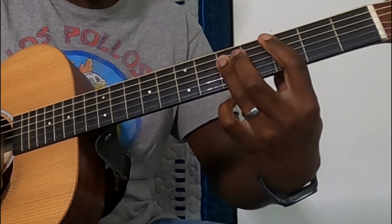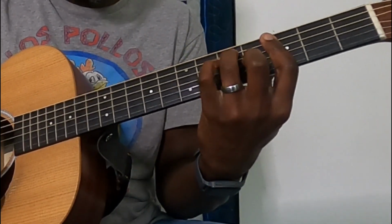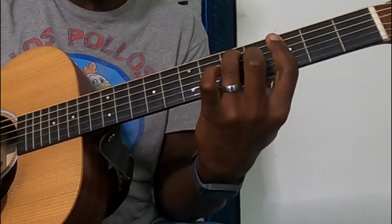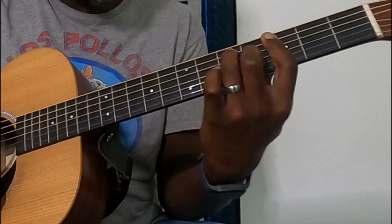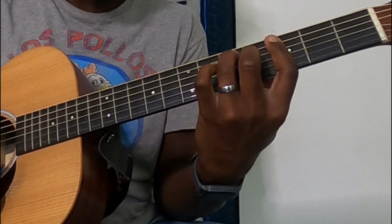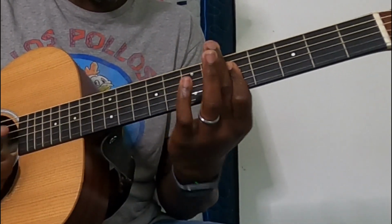So after that second time there, we're going to go to a G7, which is same thing as G, except for now you're just taking off your pinky finger here. So we still have our bar on that 3rd fret. You got your middle finger here on the 4th of that G, and ring finger on the 5th of the A. And it gives you that G7, nice little passing chord there, which will now take us into